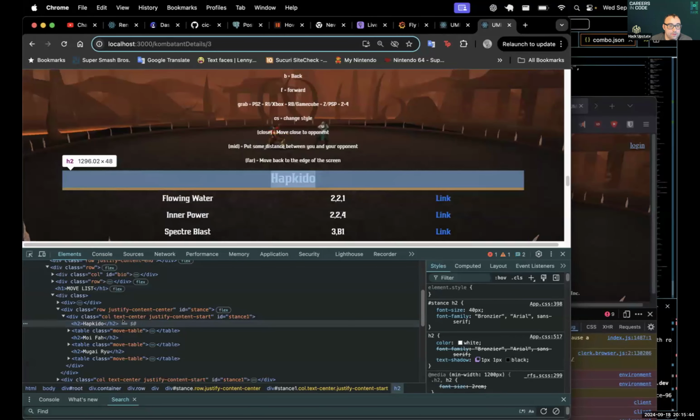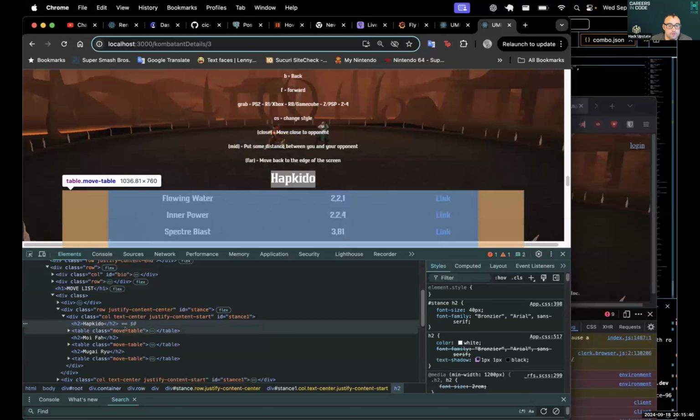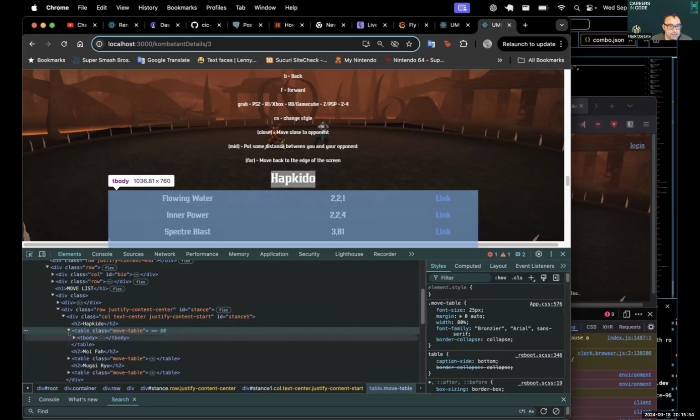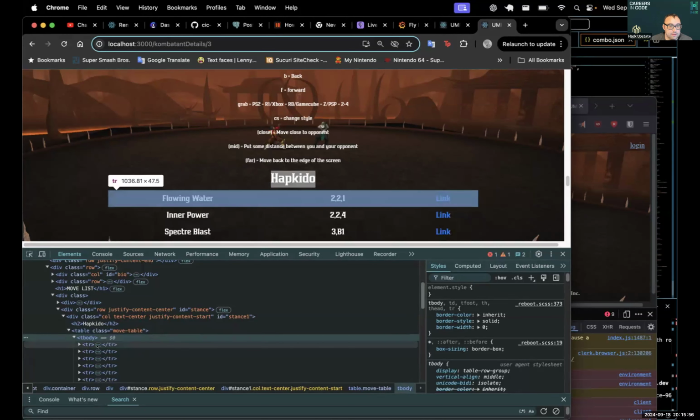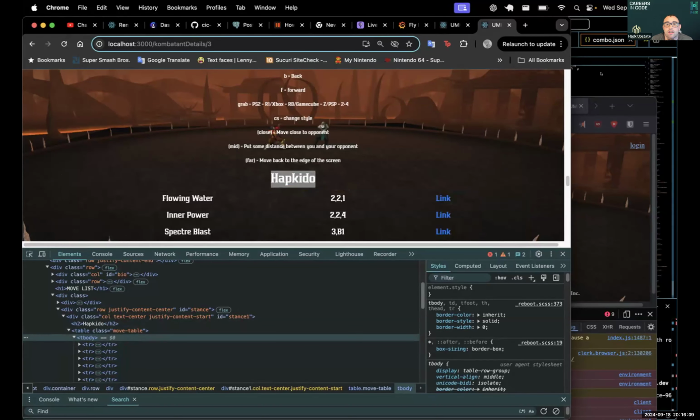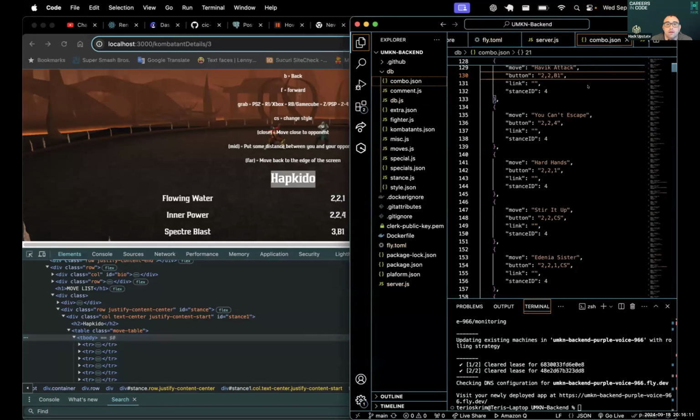Okay, so that's centered. This is a table. The table has equal padding on it. So the problem is... let's just try... nope.